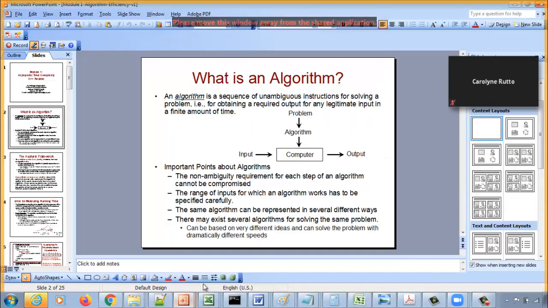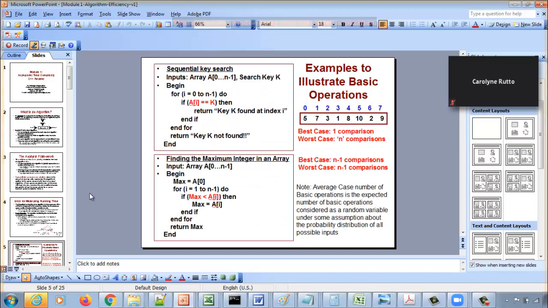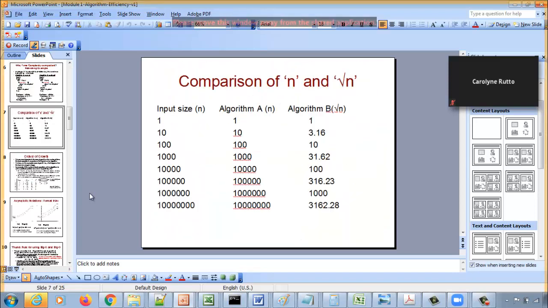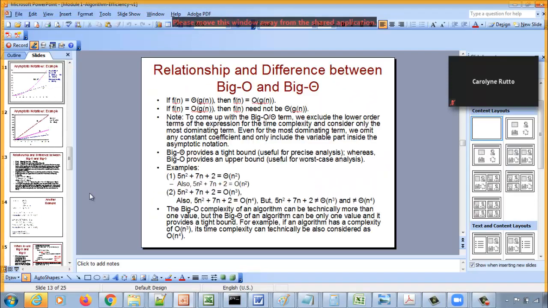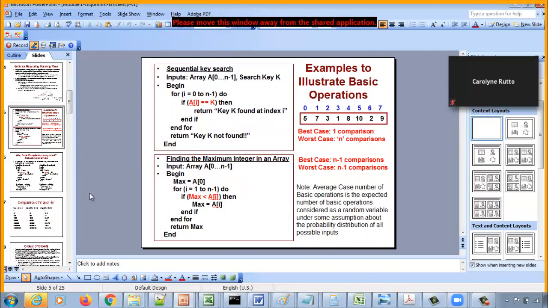Okay, so let me go over the time complexity analysis and some examples, and then if you have any specific questions you can ask me after that. Okay. So basically what we are doing here is, when you write your program,